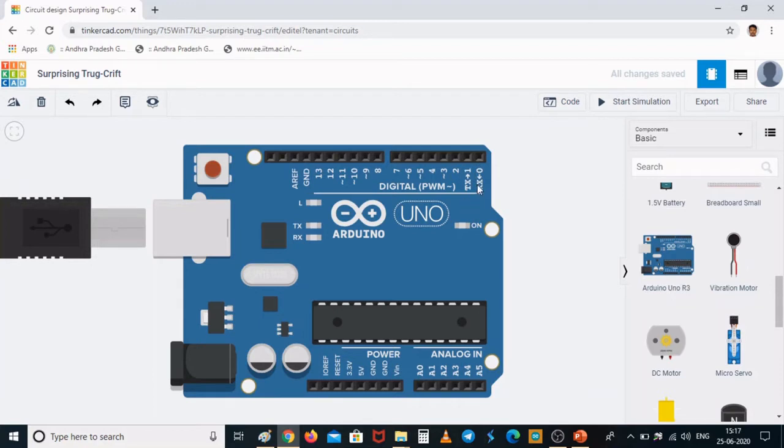Also, you could see an LED beside this RX and an LED beside this TX. These LEDs are going to glow depending upon whether transmission or reception is taking place. They are normally helpful for troubleshooting the device if it is malfunctioning.